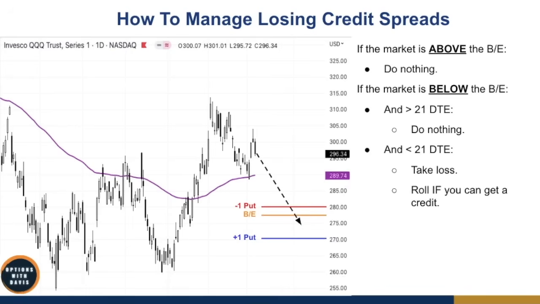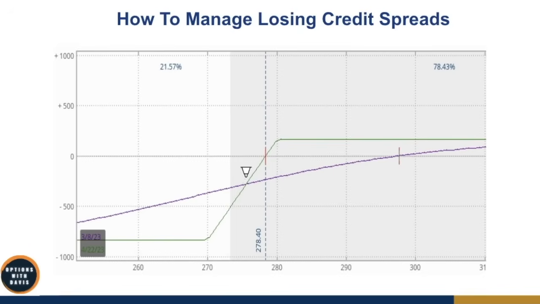Now, what if there's less than 21 days to expiration? There are two things that you can do. Well, the first of which is to simply just take a loss. If you take a look at the P&L graph down here, anything that is below the break-even point at expiration, we already know we're going to lose money. But if it's below this point down here, the longer that you